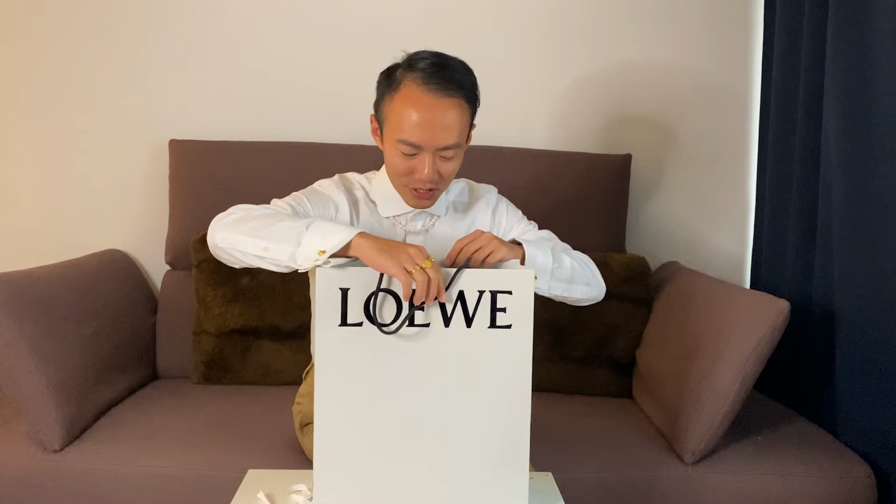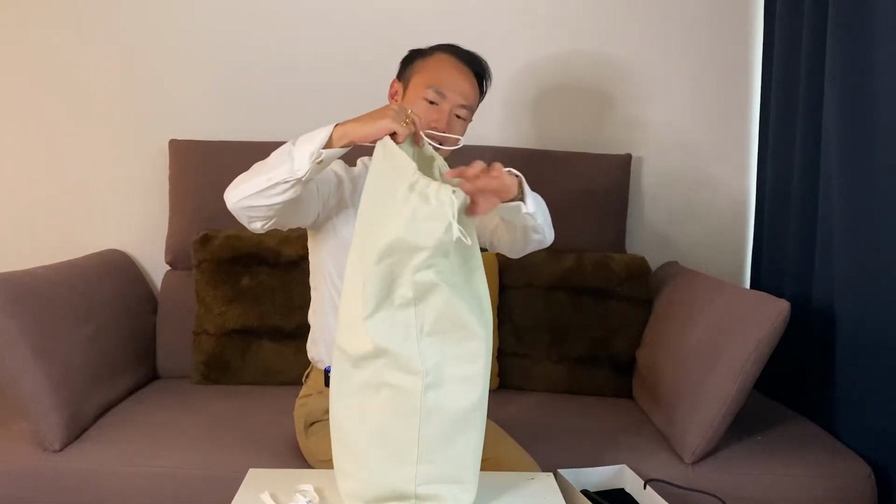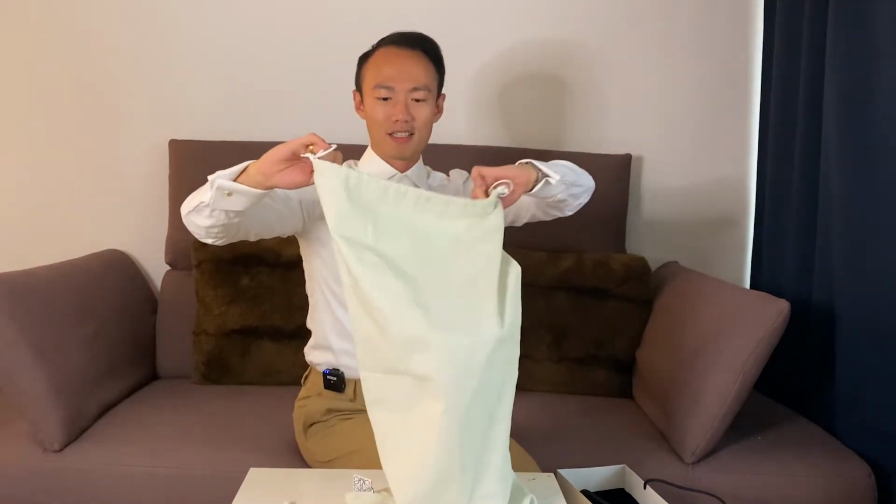I really like the packaging of LOEWE. It's really low-key and high class, I would say. It's really beautiful. And so guess what I bought? A bag. What bag? So this is the dust bag. And then